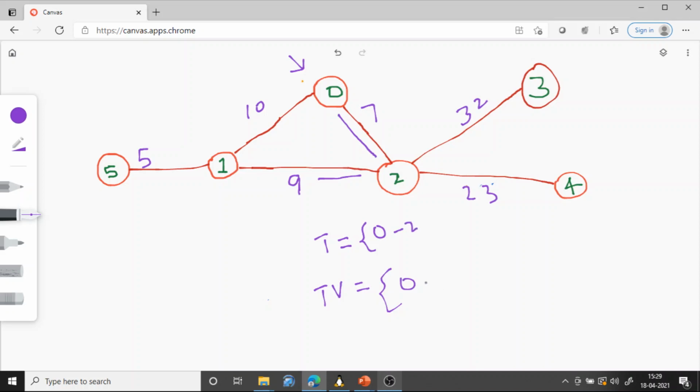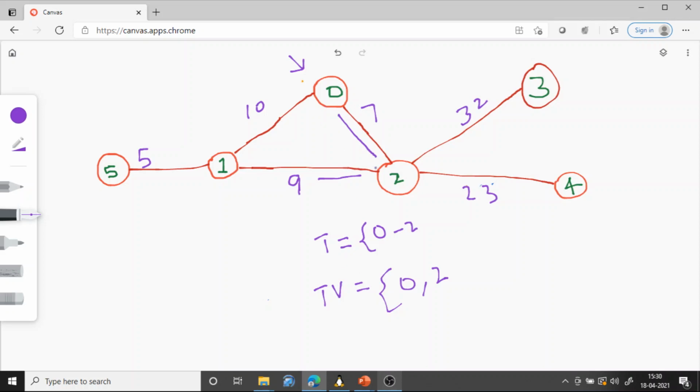Now one more vertex is added, vertex 2. Now we have to identify an edge u comma v such that u is in the vertex list and v is not in the vertex list. So we have to consider 0 and 2.